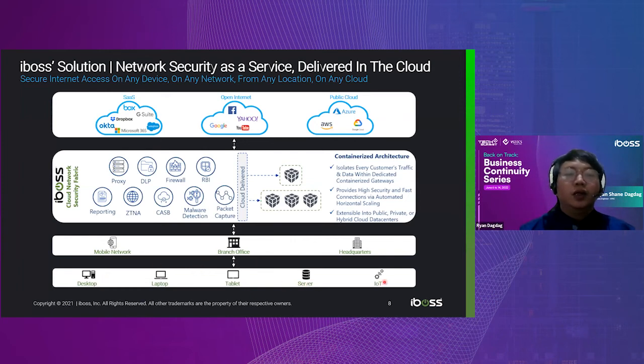So all the requests coming from these devices should be brokered by iboss before reaching any application that resides in your company data center or even in the public cloud. For CASB control, we use this to have fine-grained control over all these applications. One of the most common use cases is tenant restriction. With tenant restriction, we can ensure that only the company email domain will have access, for example, to Office 365 or to